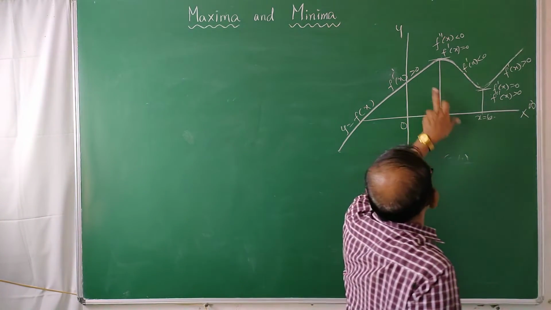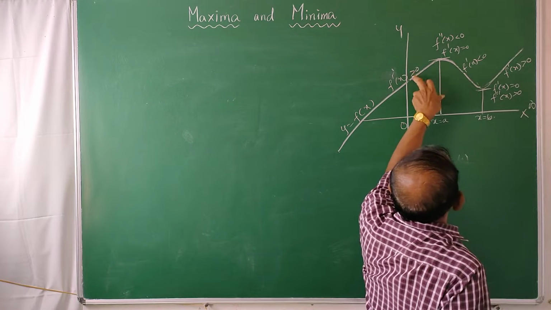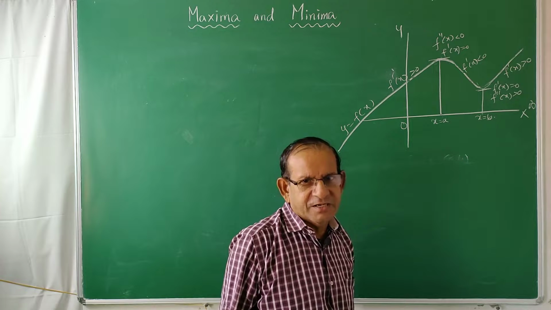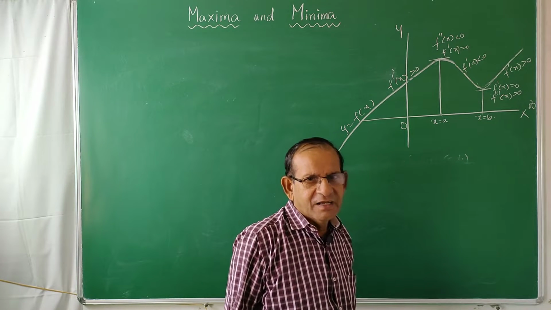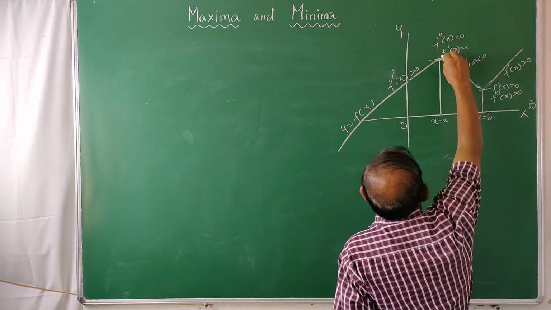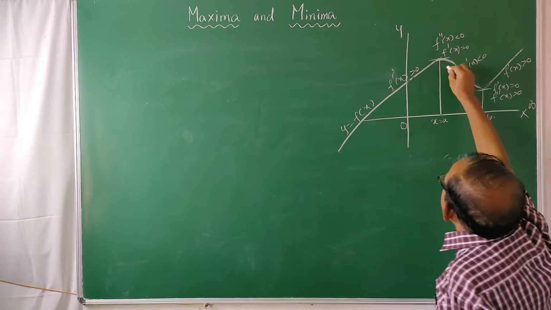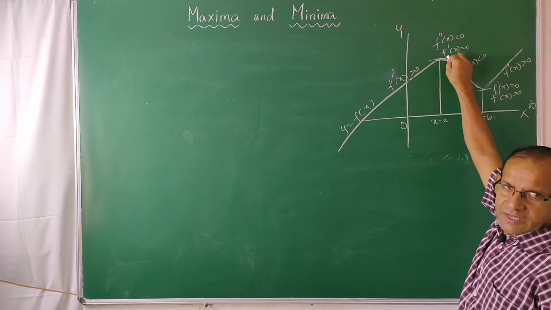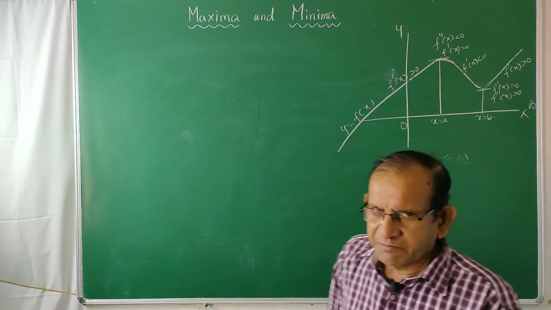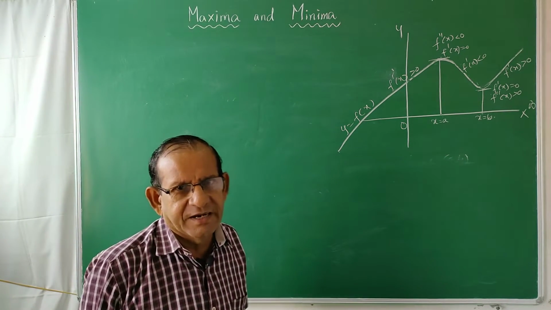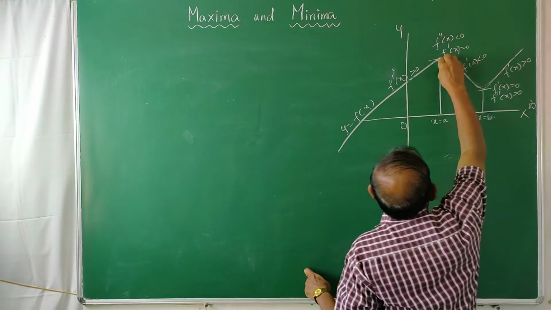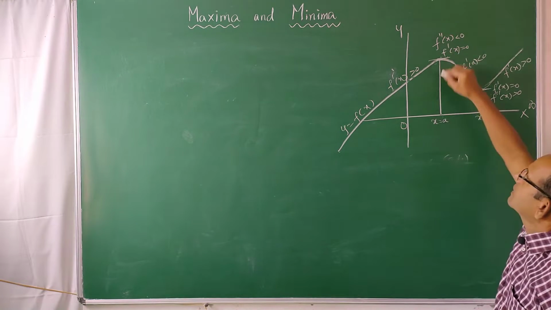Now, just before a, the first derivative is positive, just after a, the first derivative is negative. So, because f dash x is also a continuous function, it gradually changes its sign, not immediately. That means it will gradually decrease, and again it gets a negative sign from here onwards. Just before this point it is positive, just after that point it is negative. So when a function is going to change sign, then it should be 0 at one place. That is possible only at the relative maximum. We call it relative maximum or local maximum.